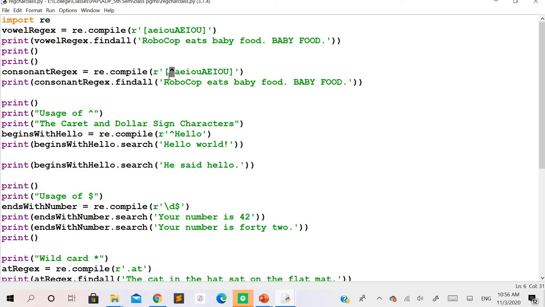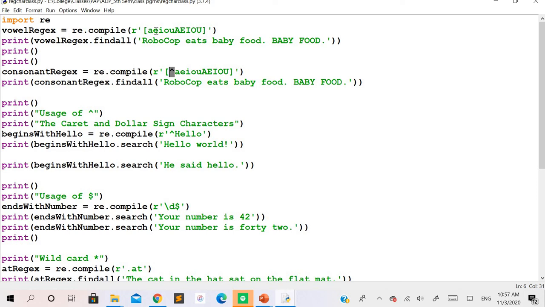So now what is the significance of using this cap symbol, or you can say the caret symbol here? It is going to operate as a negation if you use the cap symbol within the square bracket. I'm repeatedly telling you, the cap symbol has a different meaning within the square bracket, and if you use it for the simple regular expression, that also has a different meaning. So do concentrate here: the cap symbol included within the square bracket is going to behave as a negation to this set of characters. That means the matching is done except these characters here.